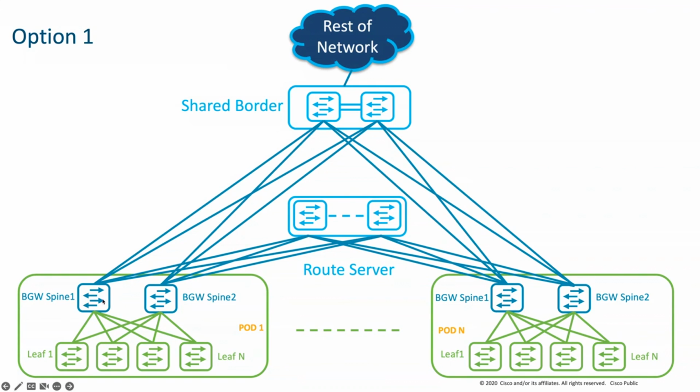You'll have border gateway. Border gateway can be a separate function on a separate switch. There is some design customer deployed this way, and it can run on the spine as well. So the spine can act as a spine, and it can act as a border gateway. Then the border gateway spine will be connecting to a route server, and a route server function is like, if